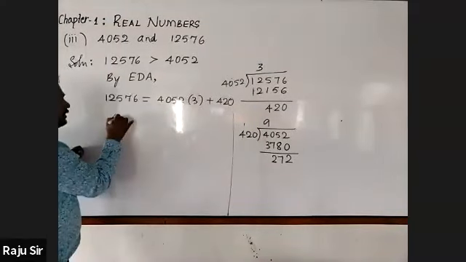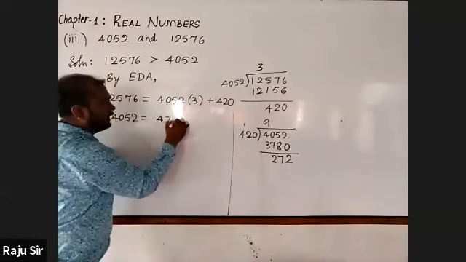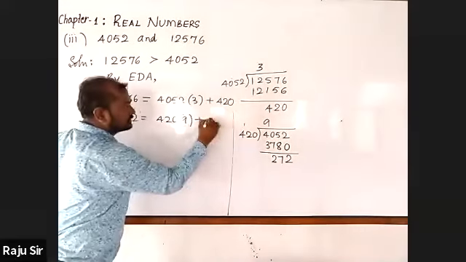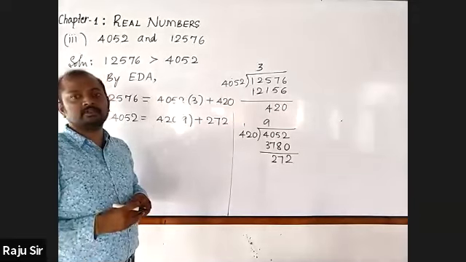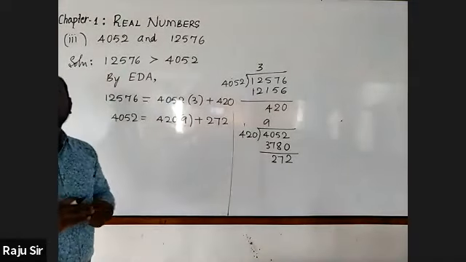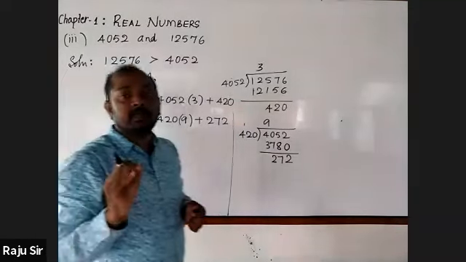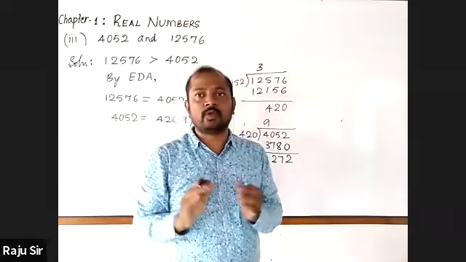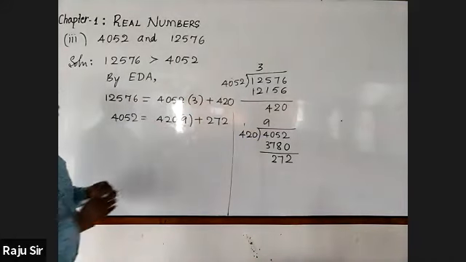Yes. Let us write 4052 as 3780 plus 272. So here the remainder 272 is again not equal to 0. Let's continue to apply Euclid's division algorithm. Please go on writing with me. See, when big numbers are given, patience is very important. Don't go for hurry. Just go for solving it neatly.